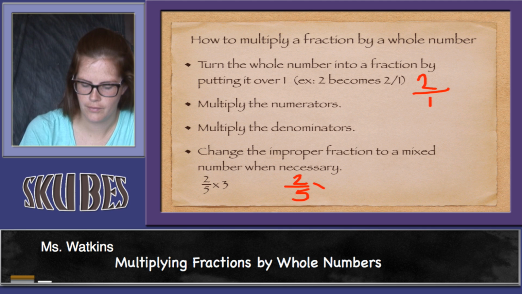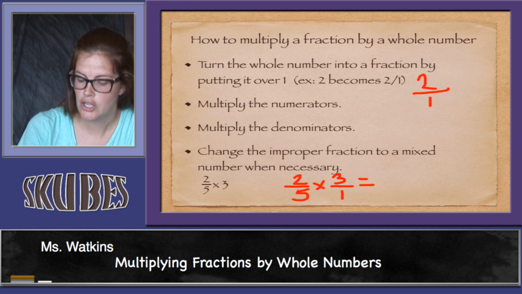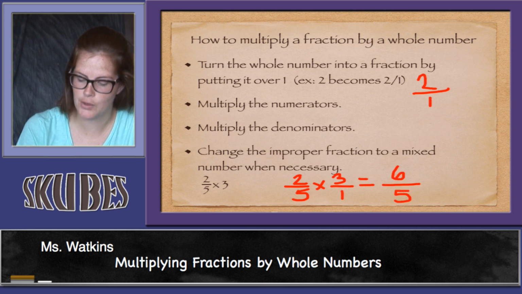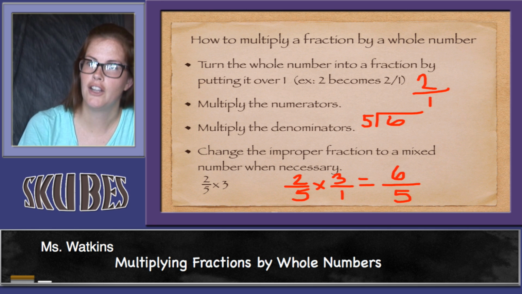So to make this 3 a fraction, I would just write it over 1. And now I'm ready to multiply my numerators. 2 times 3 equals 6. 5 times 1 equals 5. So I have 6/5. If I wanted to rewrite this as a mixed number, I know 5 will go into